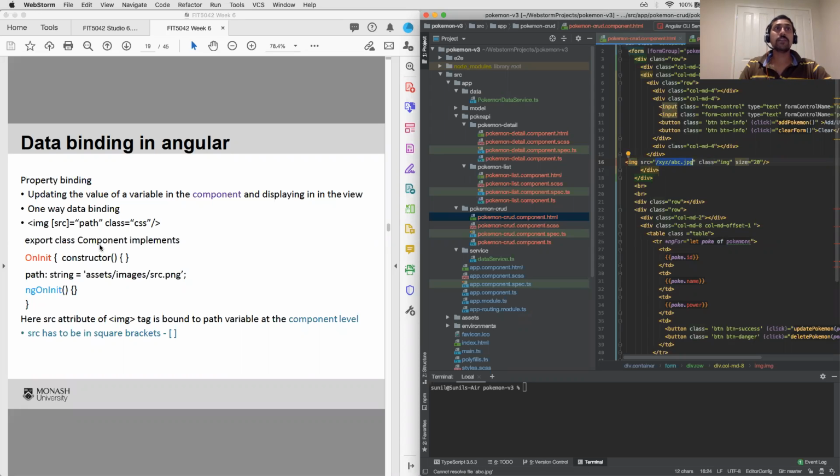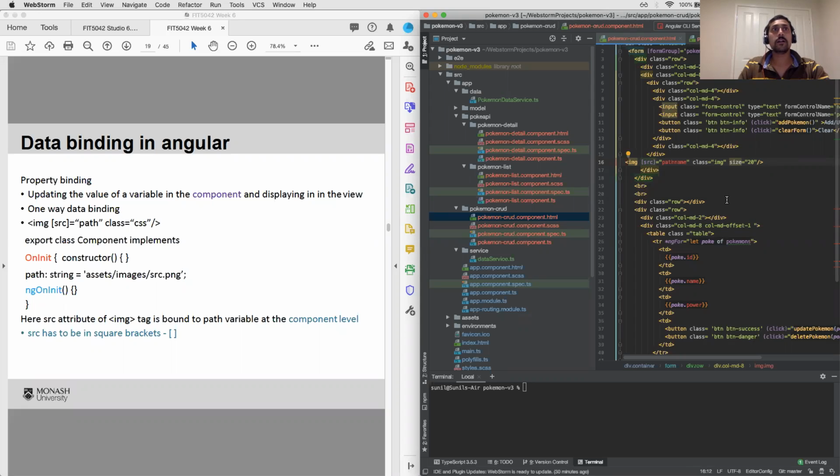The example here is, instead of providing a fixed path, just give it a variable called path name, and put the HTML property under square brackets,